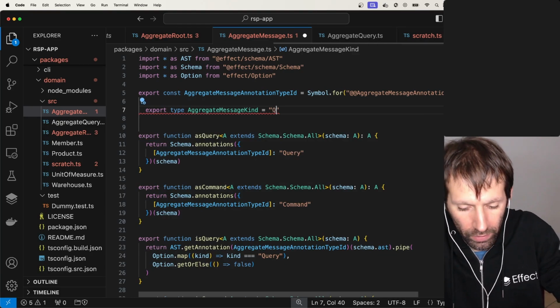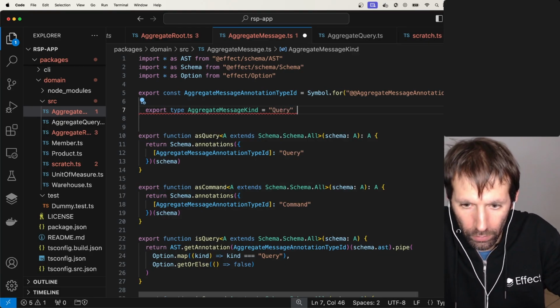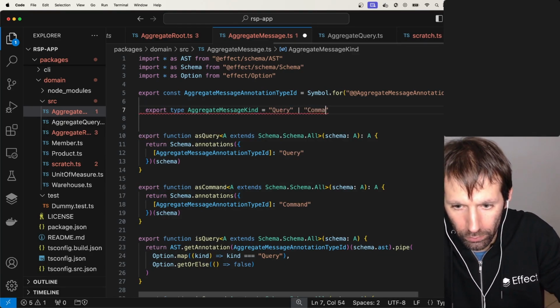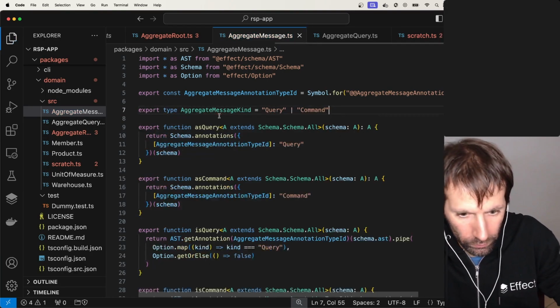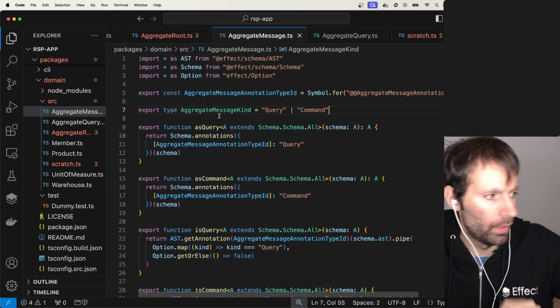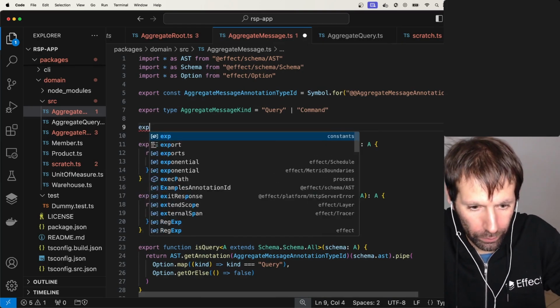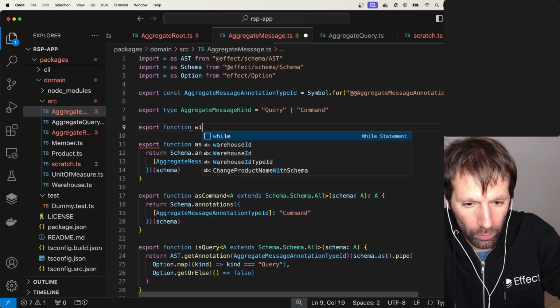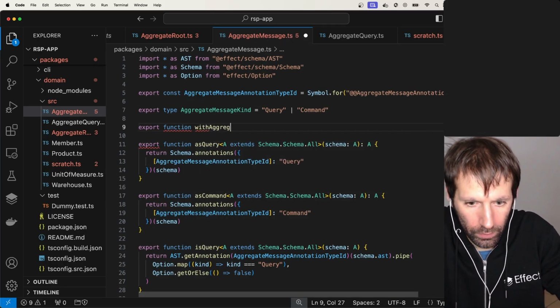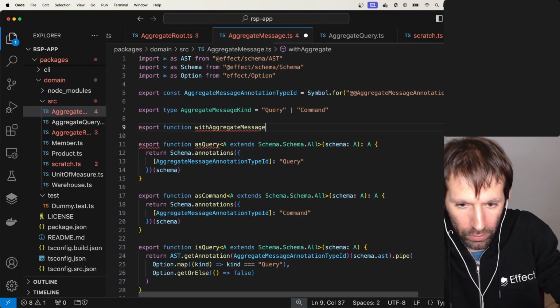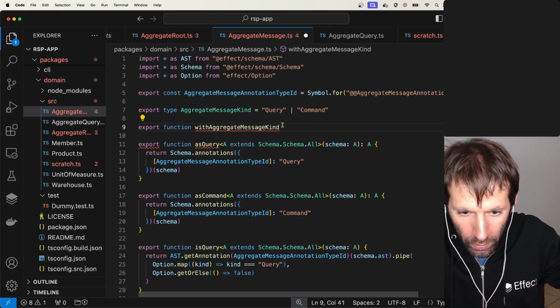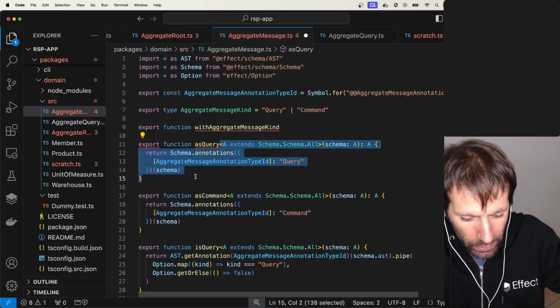That can be either a query or a comment. And then we can create export function with aggregate message kind, and we can just copy this